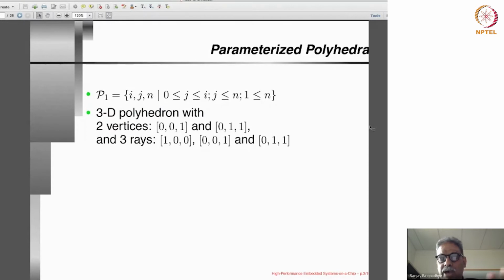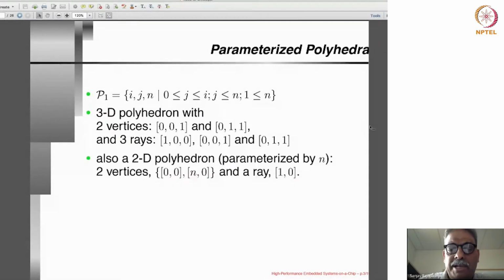You also have the idea of rays, and I do not want you to worry about that right now. Okay. If you have a three-dimensional polyhedron like i, j, n, where n is a special index, you can think of it as a three-dimensional polyhedron, or you can think of it as a two-dimensional polyhedron whose vertices are functions of n. Okay, so here was this